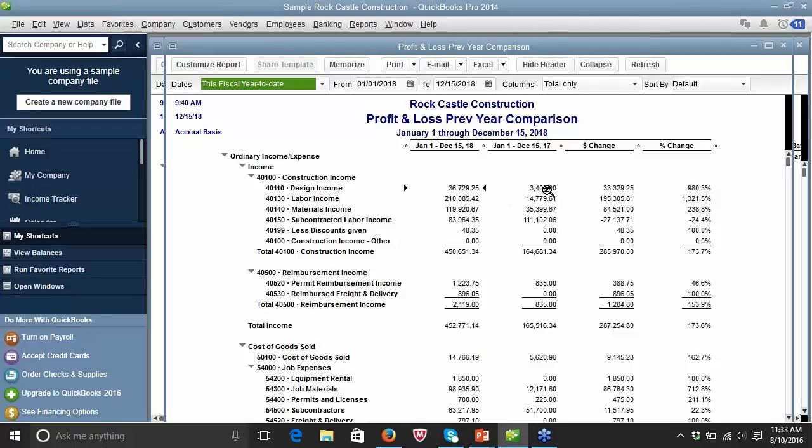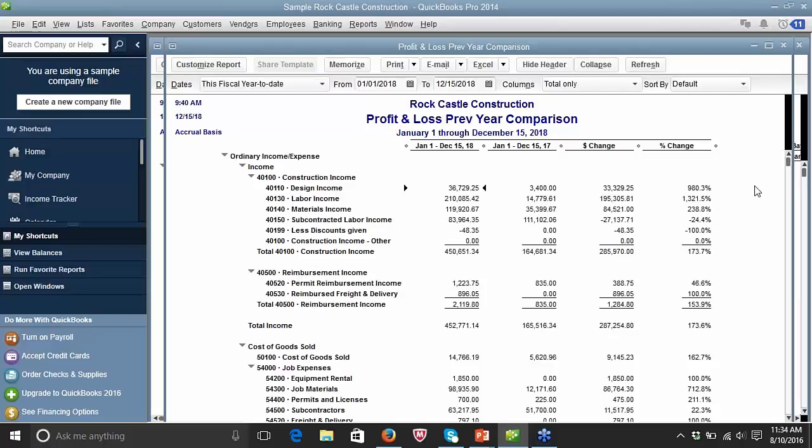In 2017, this particular company had only $3,400 in design income, and you can see they've increased their design income by 980% and their labor income by 1321. So it's giving the company a very good idea of where their profits are coming from, what type of income is being affected by it.